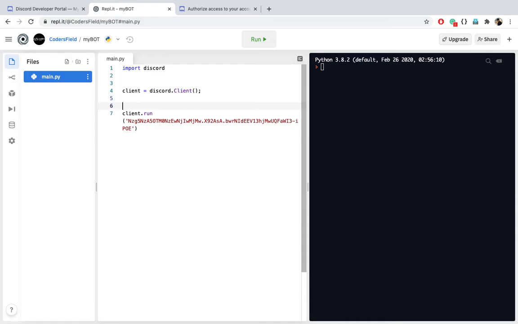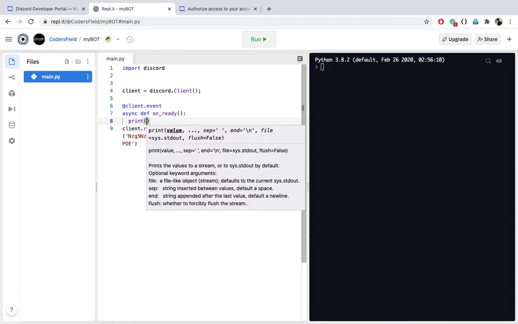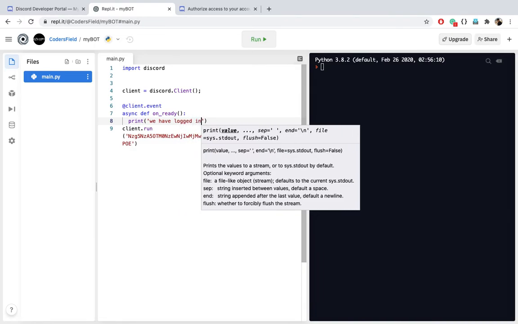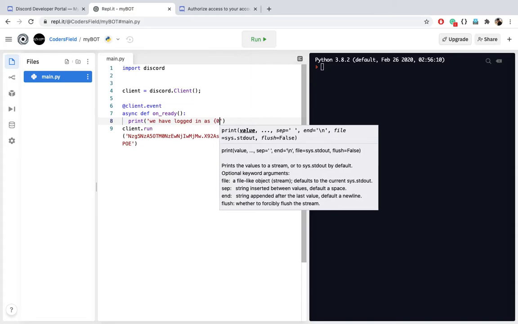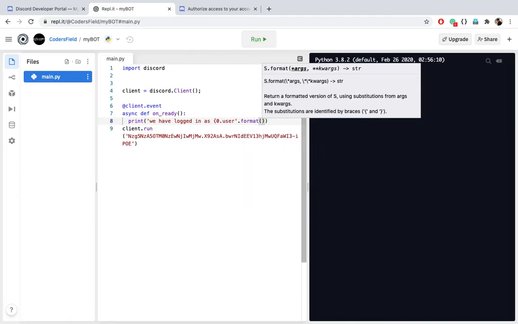And we want to detect some events in our code. For that we will use one decorator like client.event. You can define an event using this decorator, and one event will be when our bot is getting online, then it will print one message to our console. So for that I will use the on_ready method, but it will be an async function, async def on_ready. Whenever the bot is ready, it will print one message that we have logged in as {0.user}.format(client). Okay,